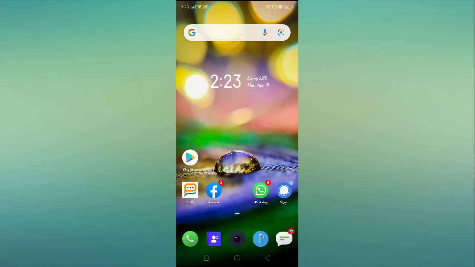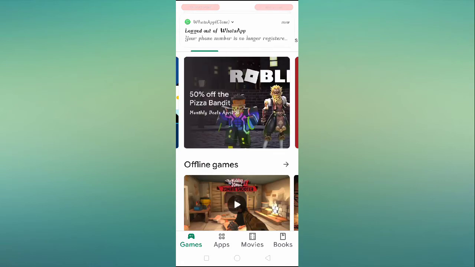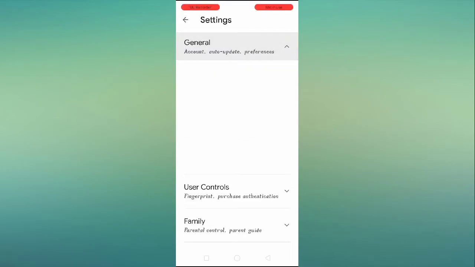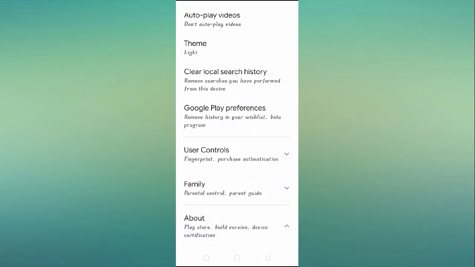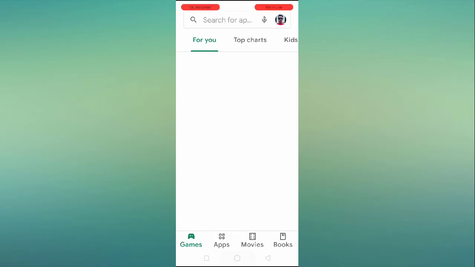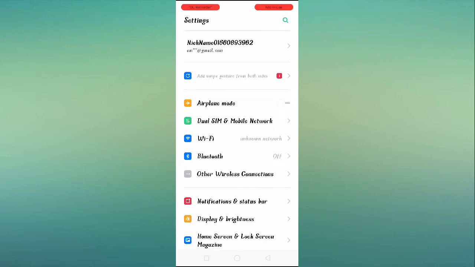If you are facing this problem on the Play Store, then you have to go to your profile, click on settings, go to general, scroll down, tap on about, and then click on Play Store version and update your Play Store version. After you update it, go to your settings, or you can try reinstalling the app. If the problem gets fixed, then it's great, and if you are still facing the problem, then go to